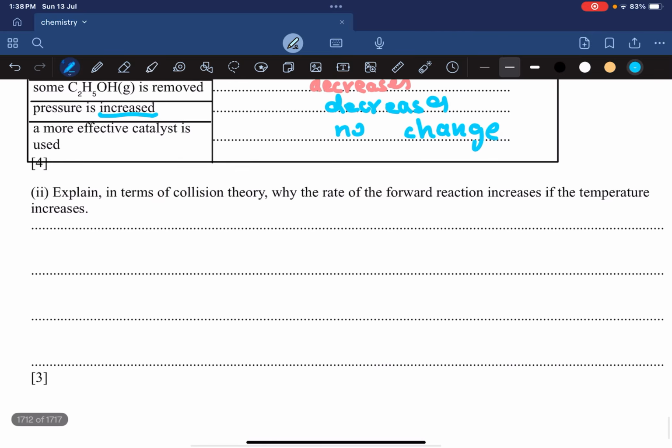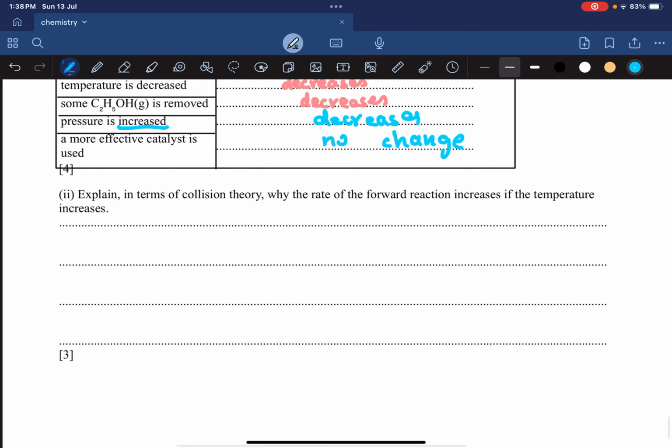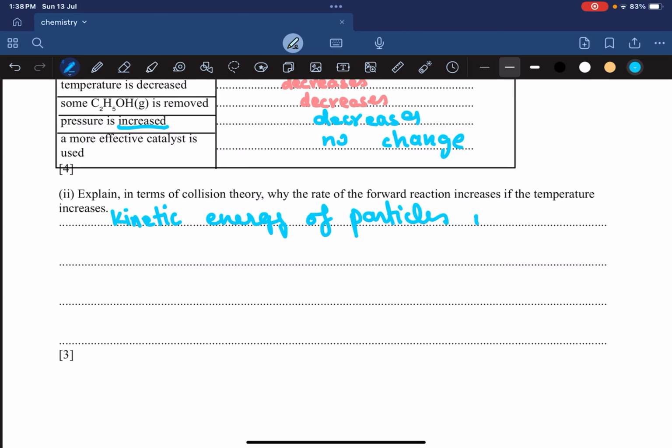Explain in terms of the collision theory why the rate of the forward reaction increases if the temperature increases. You have to explain in terms of collision theory why the forward reaction rate increases. Why? Because firstly you're increasing the kinetic energy, and the second thing you're doing is providing more particles with energy equal to or greater than activation energy. So that means more effective collisions. So the first mark is going to be that the kinetic energy of particles increases. And the second thing is going to be that more particles possess energy equal to